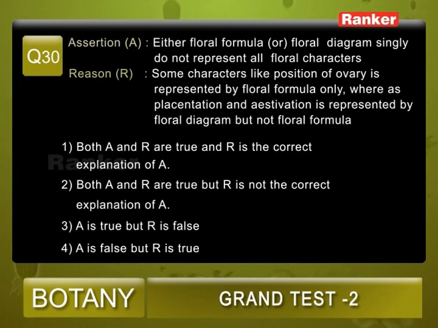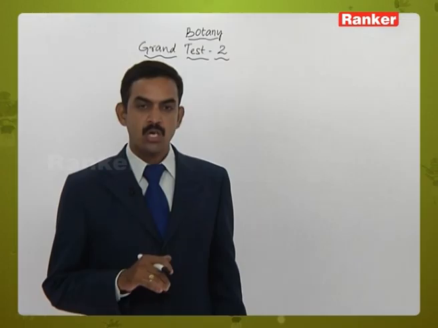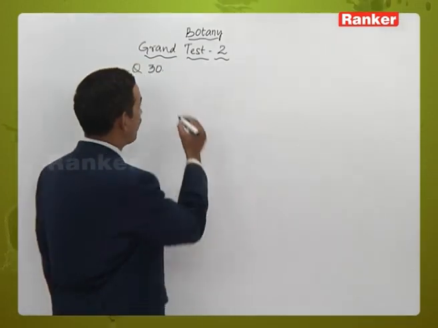Options: 1, both A and R are true and R is the correct explanation of A. 2, both A and R are true but R is not the correct explanation of A. 3, A is true but R is false. 4, A is false but R is true. Okay, here this is related to floral formula